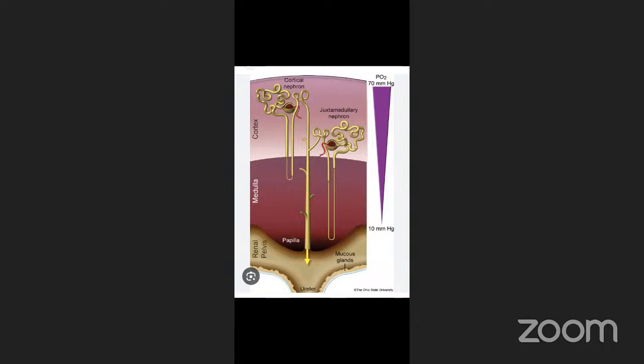So what do you expect with the size of the cortex? The cortex will be larger, to contain a larger Bowman's capsule. Now, because it doesn't require a lot of water in its body,